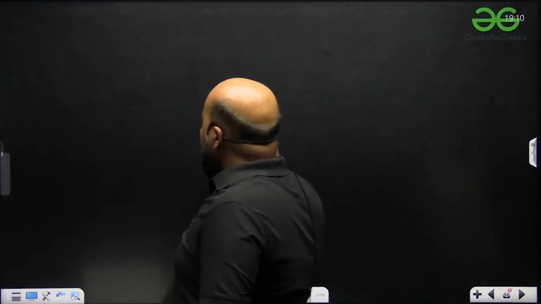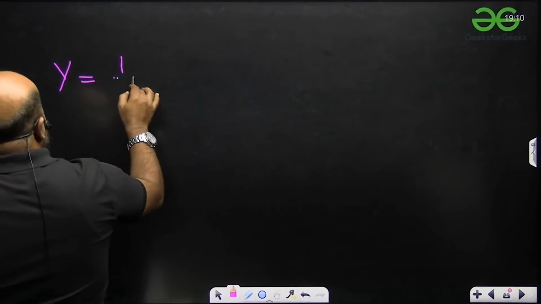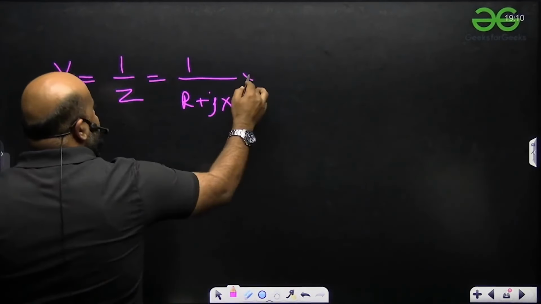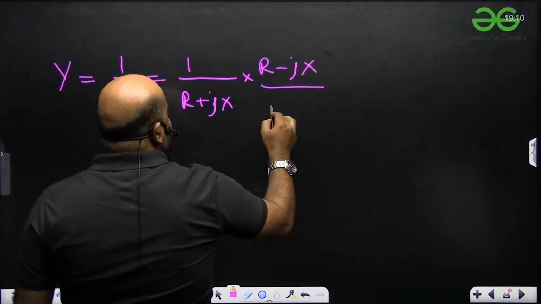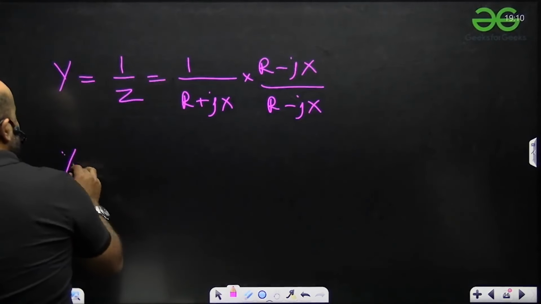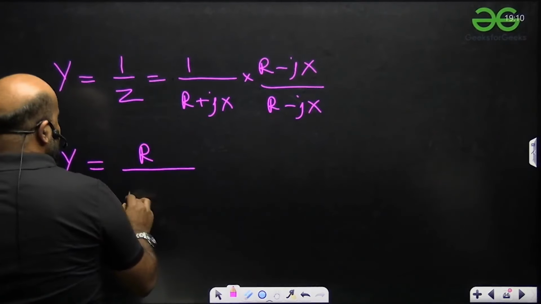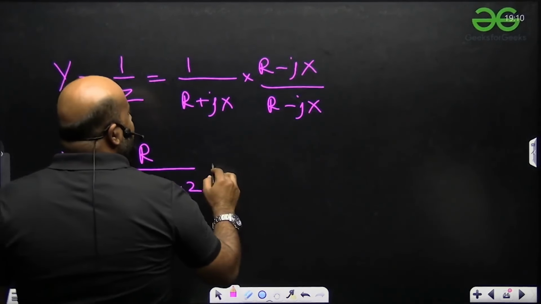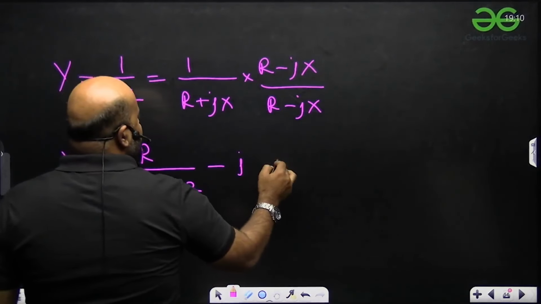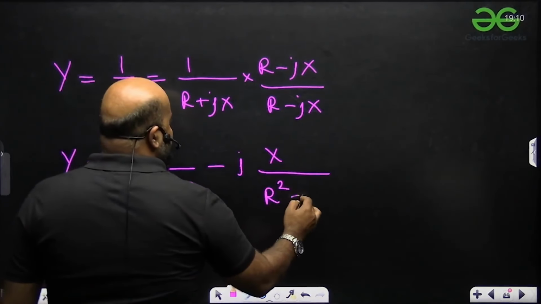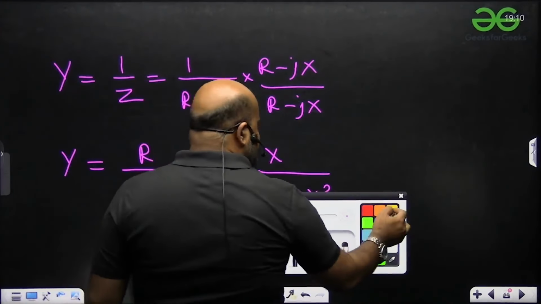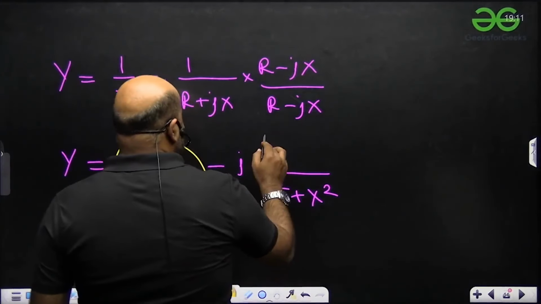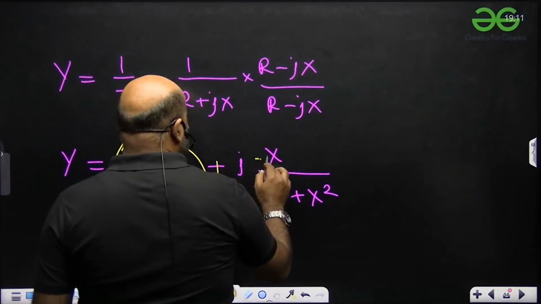अब जरा ध्यान से देखो, अगर मैं एडमिटेंस लिखना चाहूं तो कैसे लिख सकता हूं, 1/z, ये क्या हो जाएगा 1/(r प्लस जे एक्स)। इसको रैशनलाइज करो, (r माइनस जे एक्स) अपॉन (r माइनस जे एक्स), तो ये हो जाएगा y इज इक्वल टू r अपॉन (आर स्क्वायर प्लस एक्स स्क्वायर), क्योंकि जे स्क्वायर है -1, और माइनस जे एक्स अपॉन (आर स्क्वायर प्लस एक्स स्क्वायर)। अब जरा ध्यान से देखो, ये जो वैल्यू है इसको हम कह रहे हैं g, और ये जो वैल्यू है इसको माइनस लिख दूं, इसको हम बोल रहे हैं b।